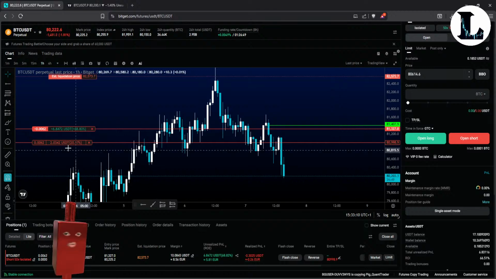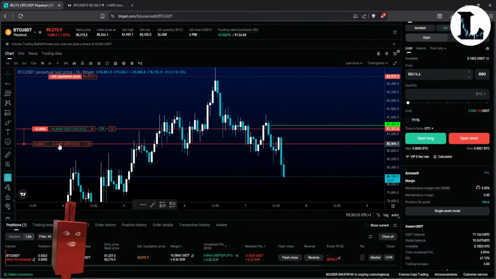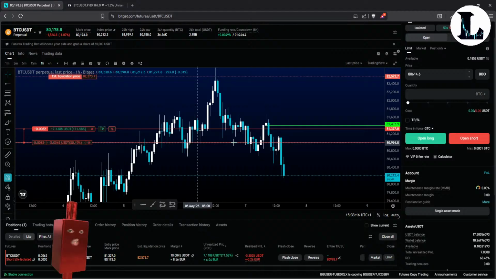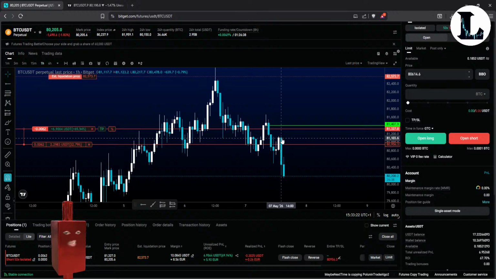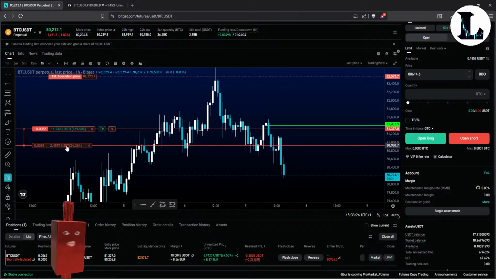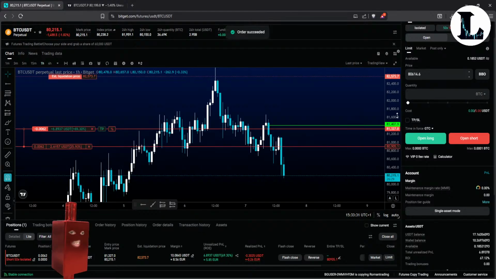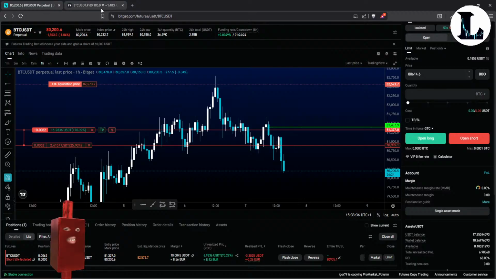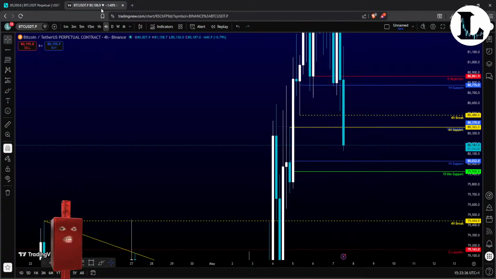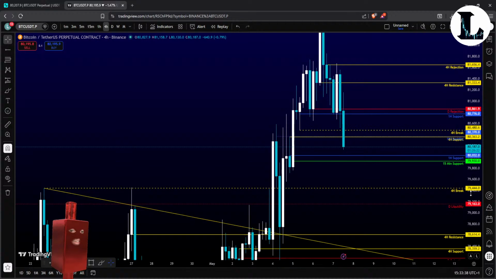I will move my just to 25. Because I believe the price can easily go to this 1 hour as resistance, okay? Or even to this bull candle on the 1 hour to rejection. So let's just put it on 25%. That's 2.61 USDT. And let's go back here because we haven't finished.